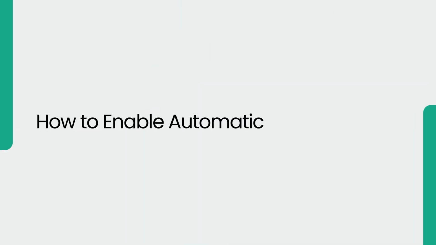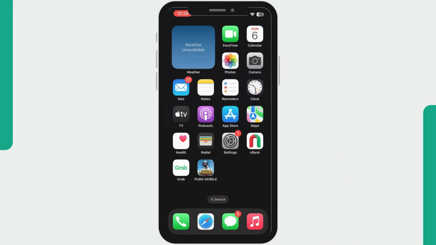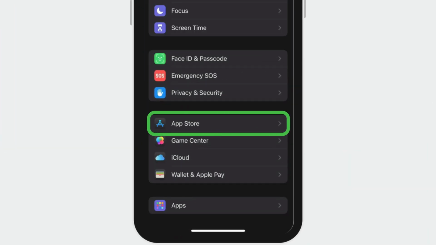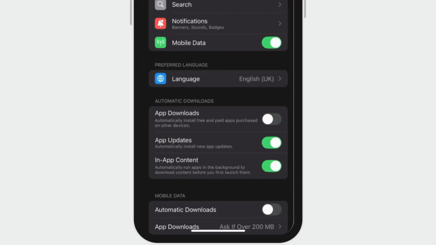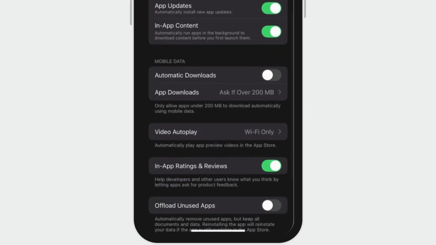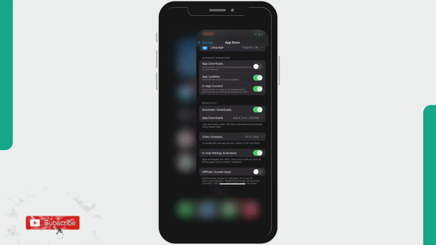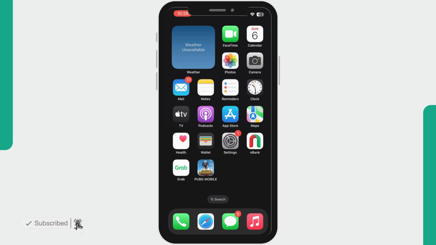How to enable automatic app updates. Go to Settings on your iPhone. Open App Store. Tap on Automatic Downloads. By enabling this, your apps will automatically update when your iPhone is connected to Wi-Fi or cellular data. This guide helps you keep your apps up to date, ensuring the best performance and latest features on